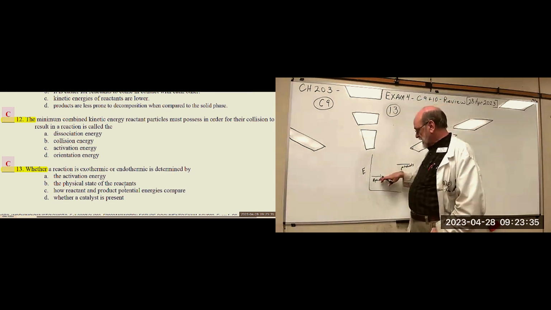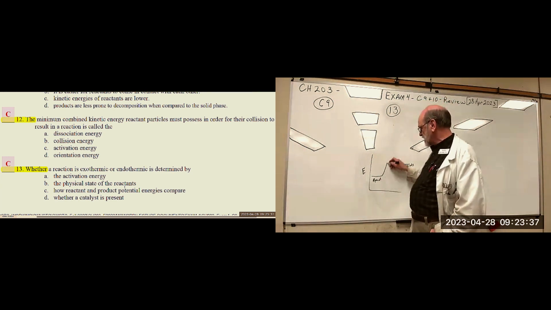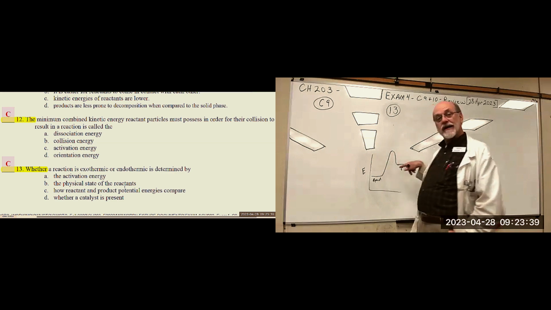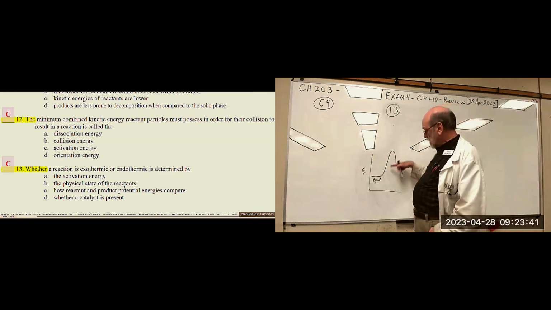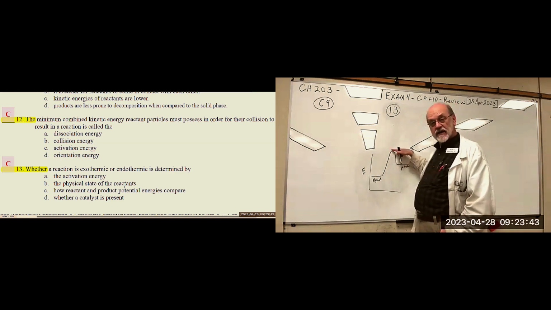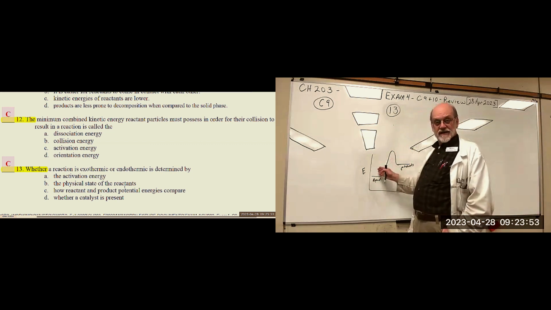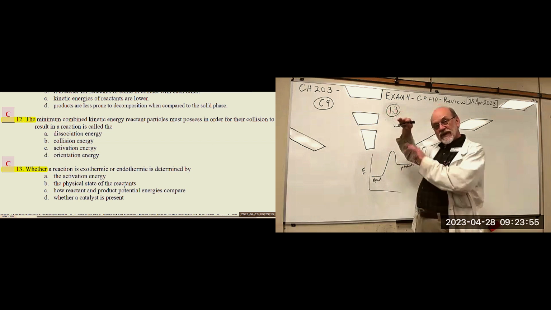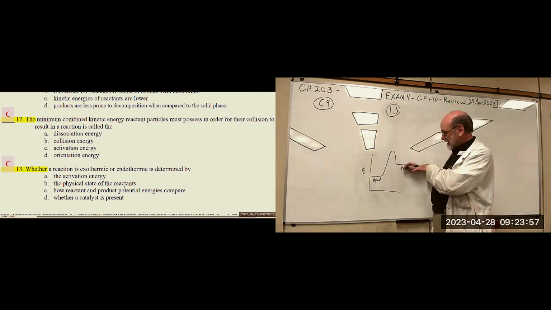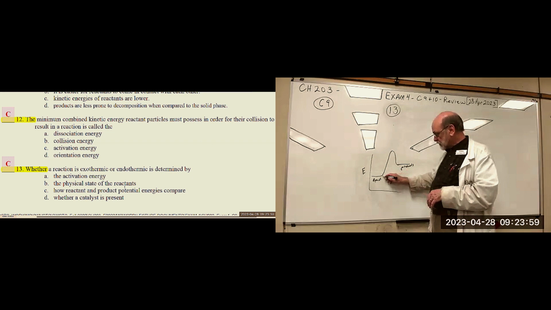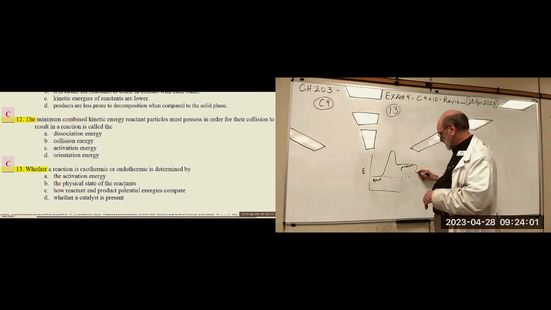So if it's got energy here and you put enough energy into it to make products, then you go up here with that activation energy, but how much energy do you get back? You only get this much back. You don't get all of it back. So that means you put energy in a certain amount, but you only got a little bit back. That means the difference between this one and this one